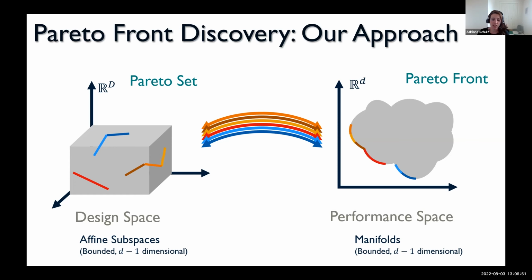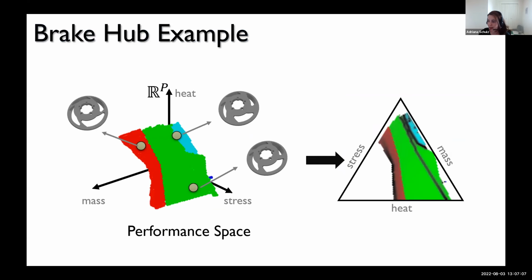And because we knew basically how to use Onshape, and we could use the REST API to make these calls to FeatureScript, we were now able to apply these techniques to actual real world problems. So here's an example. We have this brake hub where we have different metrics that we're trying to optimize. We have forces coming from the brakes, so that impacts the stress. We have mass that we're trying to minimize. We had the heat dissipation. And this was a model from Onshape.